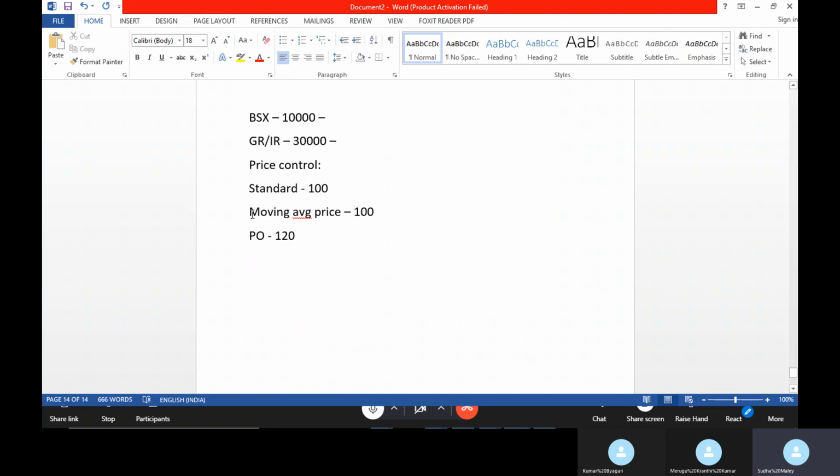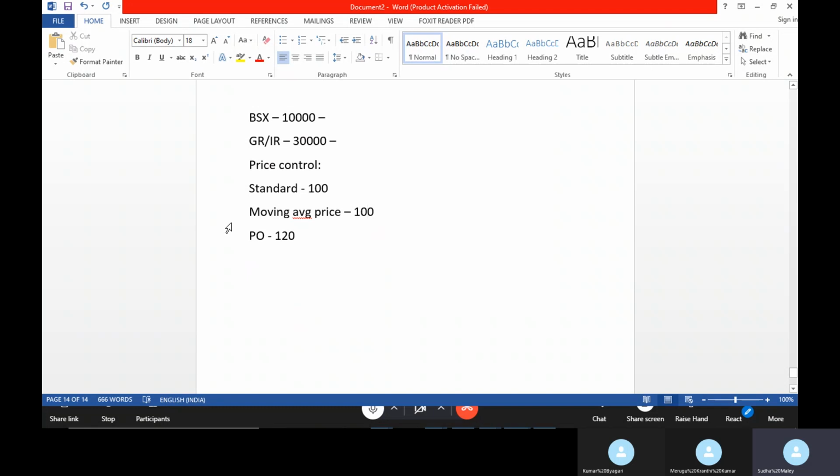If it is a moving average price, it will automatically convert to these 120 rupees in your material master. Whenever there are changes in your purchase order, that change will automatically trigger in your material master also. That is your moving average price.